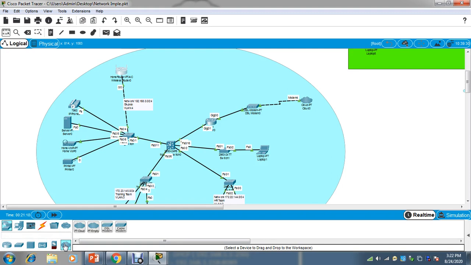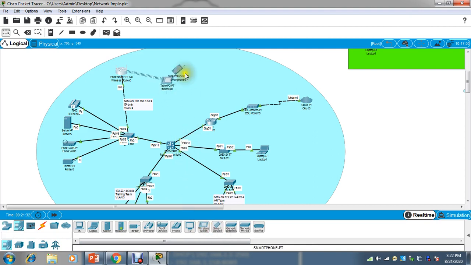This is firewall. Let me take one wireless tablet I took here, and I'm taking a smart device, one phone. So they should connect. Now they are connecting, as you can see here.